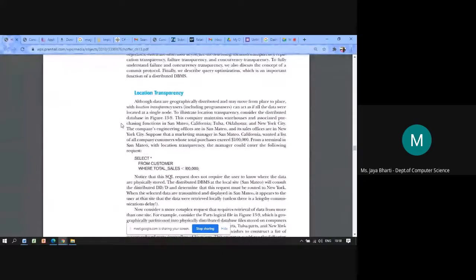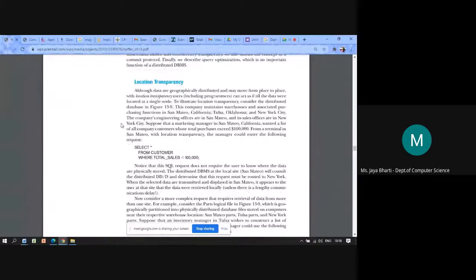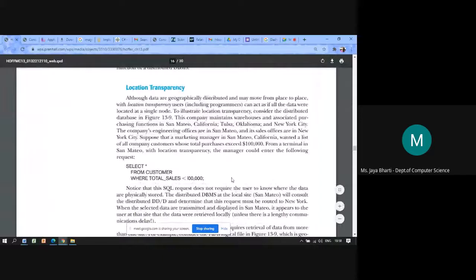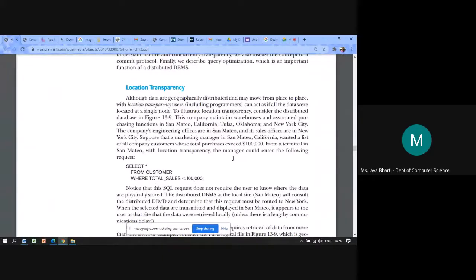There is one company which maintains warehouses and associated purchasing functions in San Mateo, California, Tulsa, Oklahoma, and New York City.